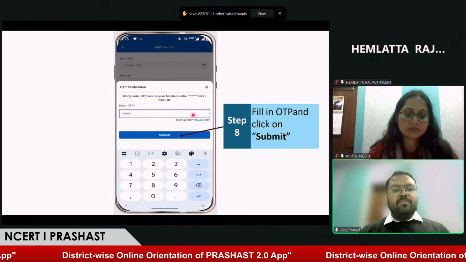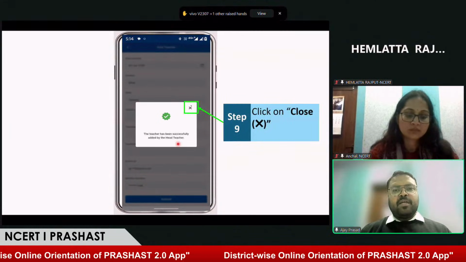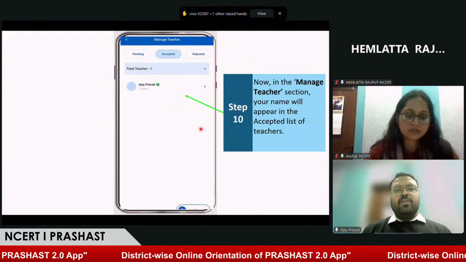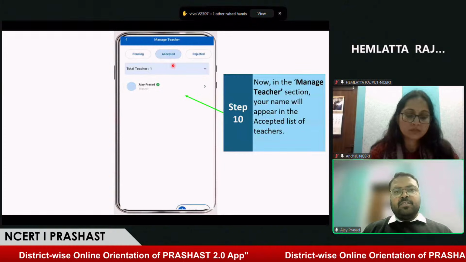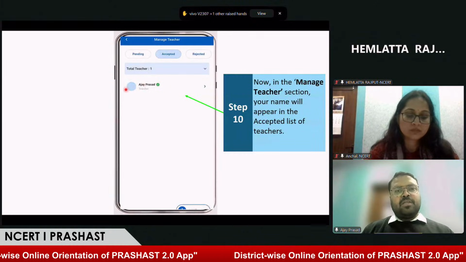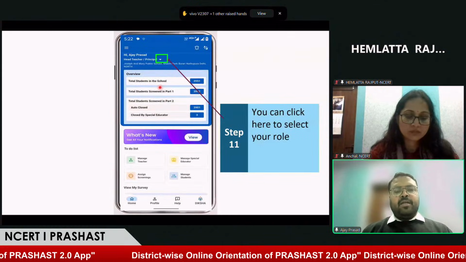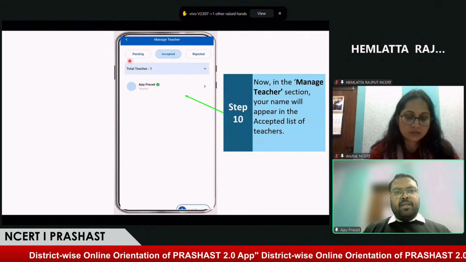Once this is done, there will be a confirmation message that the teacher has been successfully added by the head teacher. And over here, you can see in the manage teacher section, in the accepted list, that Ajay Prasad is the teacher in the school. And there would be a minor change in the profile once we go back by clicking this back option.